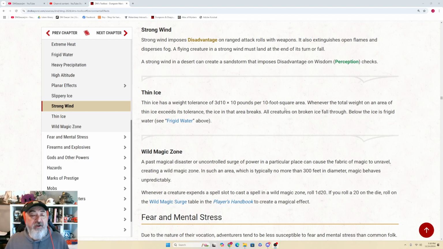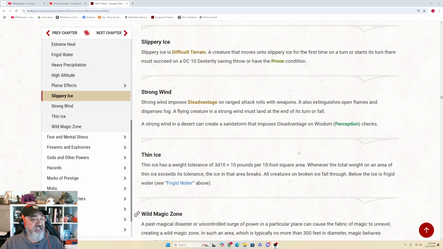See frigid water above. And last, as an example, is Wild Magic Zone. A past magical disaster or uncontrolled surge of power in a particular place can cause the fabric of magic to unravel, creating a wild magic zone. In such an area, which is typically more than 300 feet in diameter, magic behaves unpredictably. Whenever a creature expends a spell slot to cast a spell in a wild magic zone, roll 1d20. If you roll a 20 on the die, you roll on the Wild Magic Surge table in the Player's Handbook to create a magical effect. So that's the section on